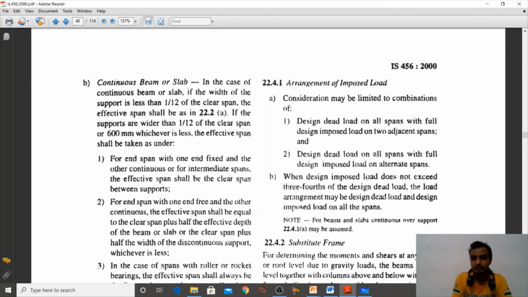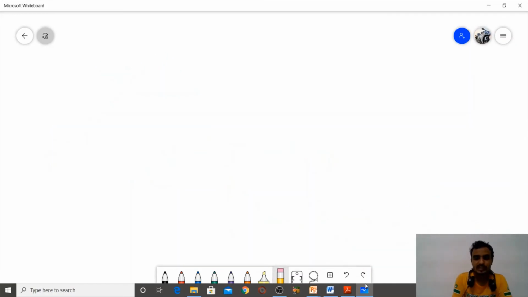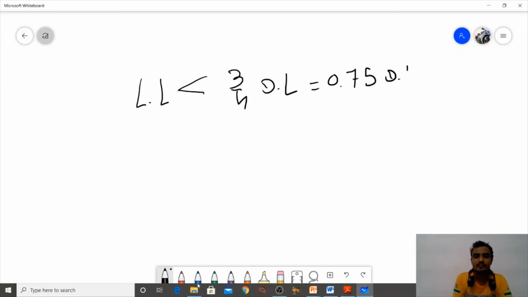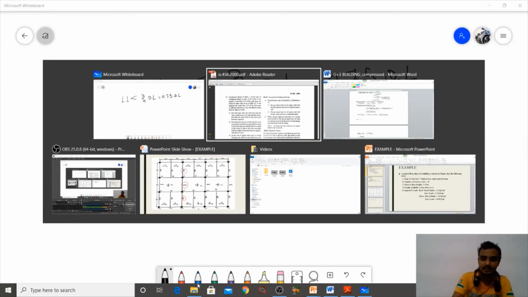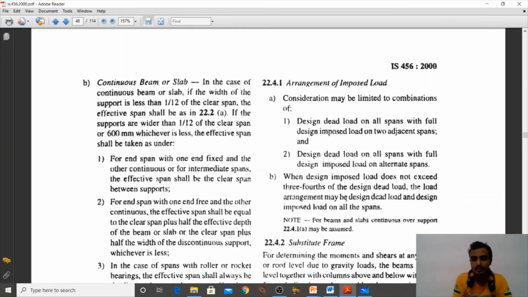The code says that when design imposed load does not exceed 3/4 of design dead load, imposed load meaning live load, that is, not greater than 3/4 of dead load, which means 0.75 dead load, then the load arrangement may be design dead load and design imposed load